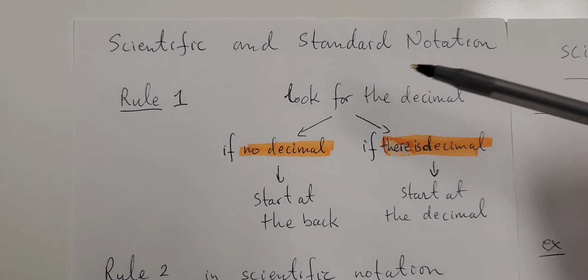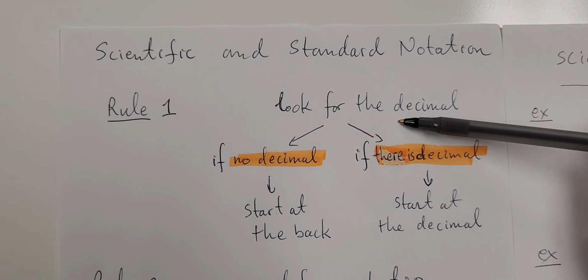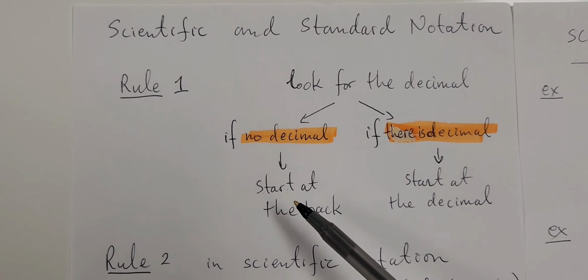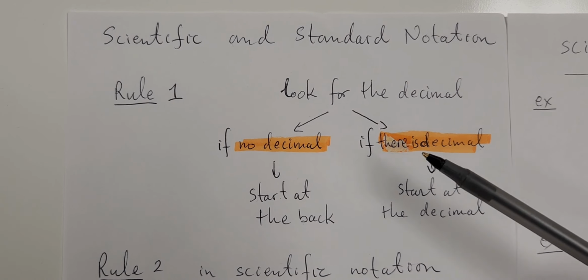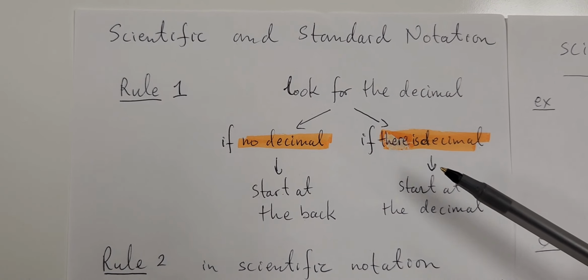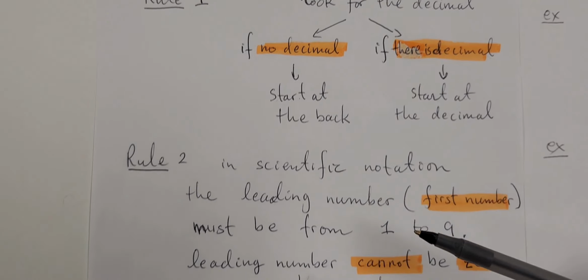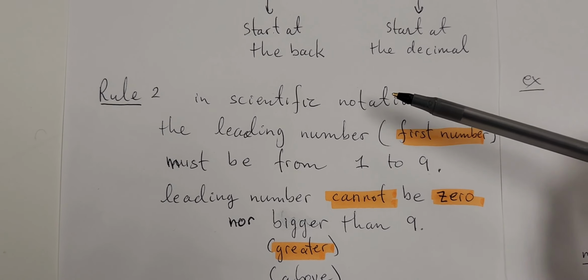One more time. Rule one says, look for the decimal. If there is no decimal, we start at the back. If there is a decimal, then we start at the decimal. So that's rule one. Rule two says, in